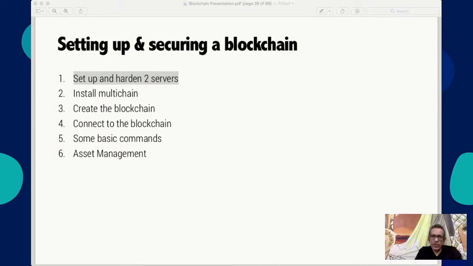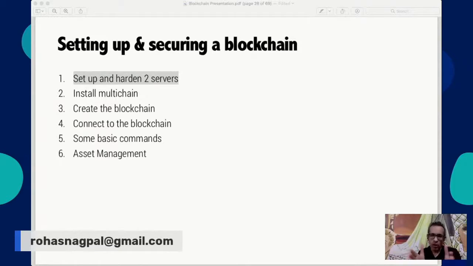Somebody's asked a question: what is a load balancer? If many people are trying to access your application at the same time, the system may get overwhelmed and shut down, or it may slow down. What a load balancer does is, you may have 4 servers at the back. The first transaction that comes in is pushed to the first server, the second to the second, and so on, and the fifth transaction goes back to the first. The load balancer balances this load. And if one of those servers goes down, it will pass the load on to the others. That's the job of the load balancer. It is not specific to blockchain. All web applications use load balancers.